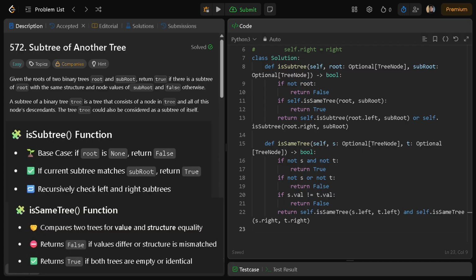contains the matching subtree. In the helper function isSameTree, we start by checking if both nodes are null. If they are, we return true, that means both subtrees have ended together. If one is null and the other is not, we return false, that means the structure is different. If both nodes exist but the values are different, we also return false. Finally, if both nodes exist and their values match, we recursively check their left and right children to ensure the